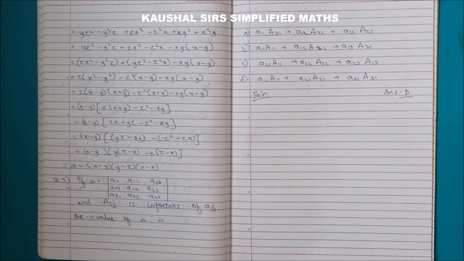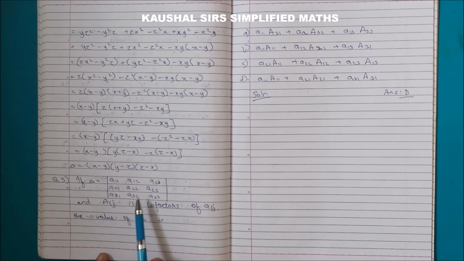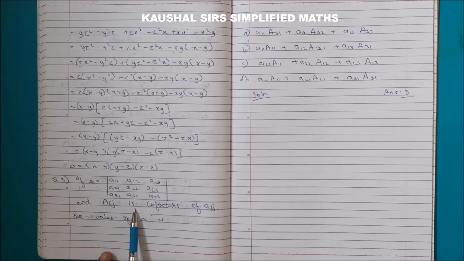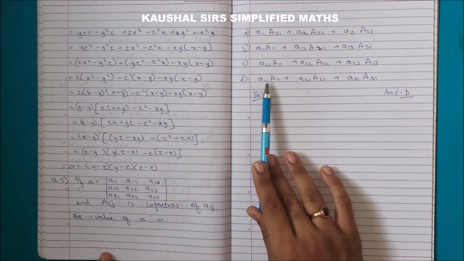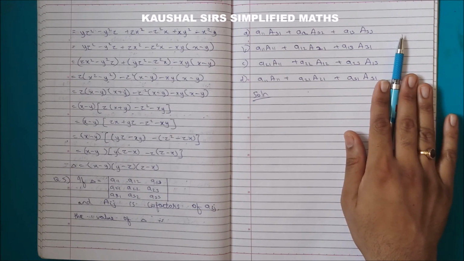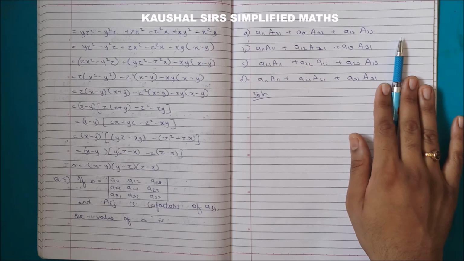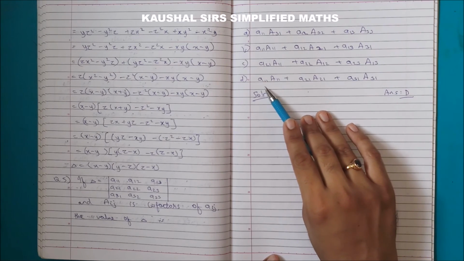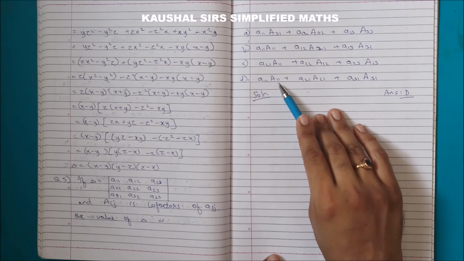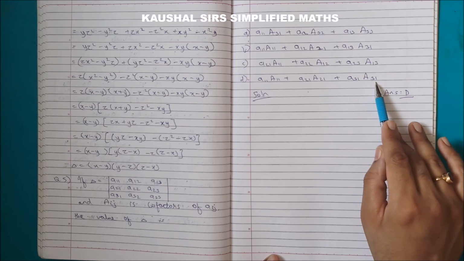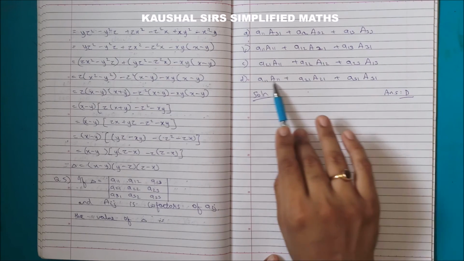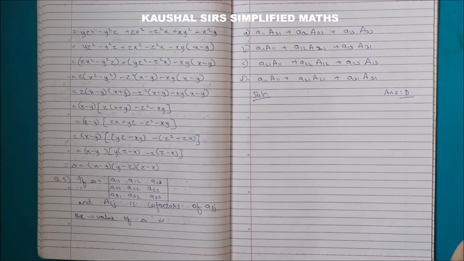Okay, coming to the question number 5, which is a MCQ question. If delta is a 3 by 3 determinant and capital Aij is the cofactor of aij, then the value of delta is. Okay, he is asking us the value of the determinant in terms of elements and its cofactor. Okay students, so what is delta? It is addition of the products of the elements and its cofactor. So please choose the best option. Yes, it is option number D. देखो यहाँ पे element A11 into its cofactor plus element A21 into its cofactor plus element A31 into its cofactor. Okay, तो ये actually कहाँ पे expand किया हम लोग ने? This is expansion of column number 1.